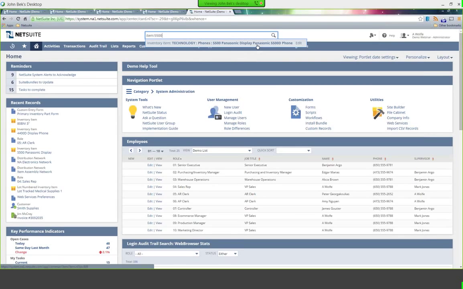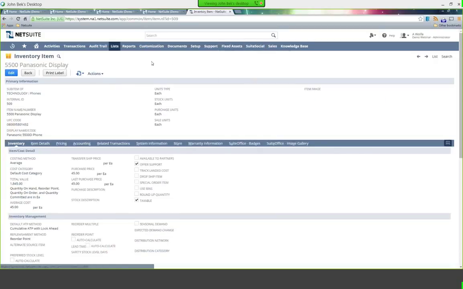Absolutely. We have e-commerce integrated into the system at several different levels. I'm just going to pull up this item, really not to go into an e-commerce demonstration necessarily, but to pull up the item master. You can see this is the inventory detail for the 5500 Panasonic display that we were out of stock on earlier. As I briefly scroll through this information, I've got the item description, UPC code, display name, and the units of measure for stocking, purchasing, and sales.